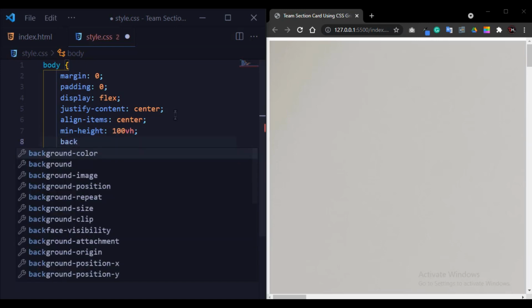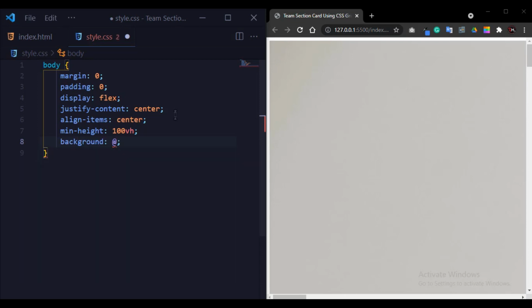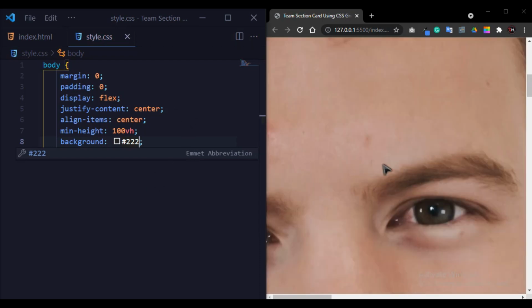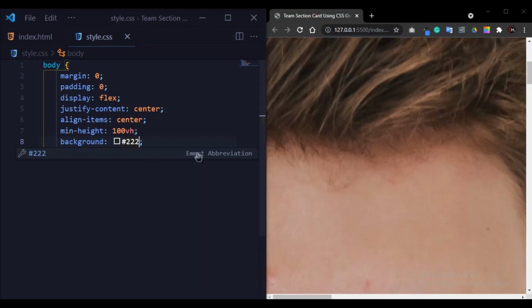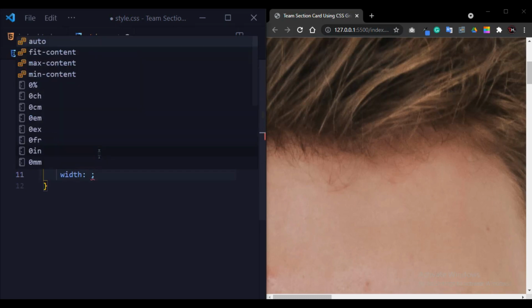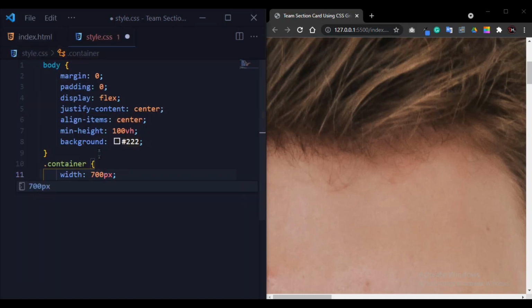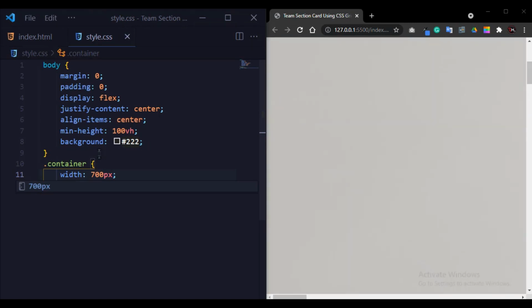Now I will change the background color, black, hashtag 222. Great. Okay, background color has been changed. Now I will write some code for the container. First of all, I will set the width of the container to 700 pixels.